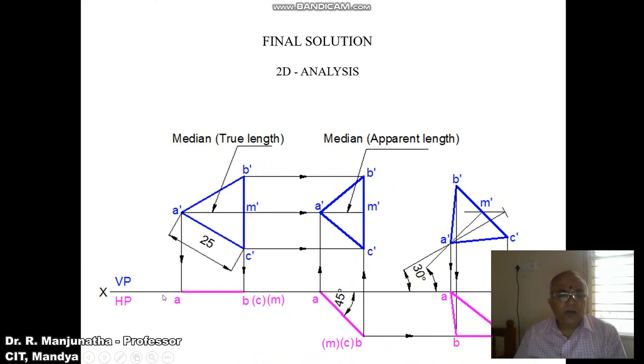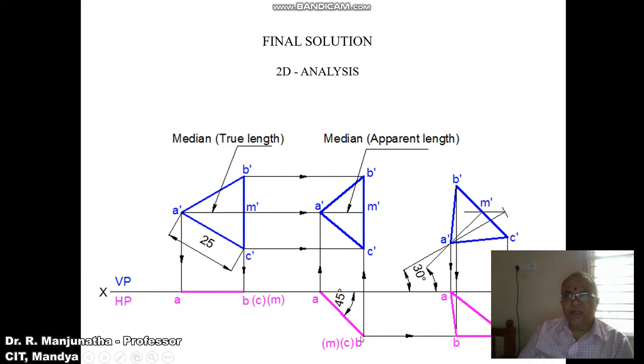Here all the sides are resting on HP, so I want only the one corner. By considering any convenient distance in the second position top view, mark a point on the XY line, and mark this point as A. Then using the protractor, you measure an angle of 45 degrees with respect to VP, and draw an inclined line below the XY line. Then you measure the distance A to B using the compass with A as center, transfer it on the 45 degree line, and mark this point as B, with C in bracket and M in bracket. Then join A to B with a dark line.